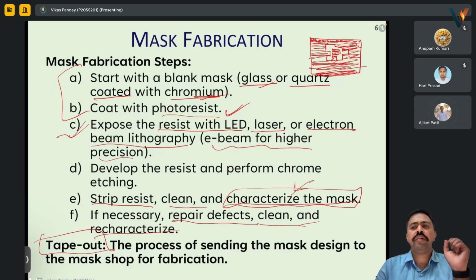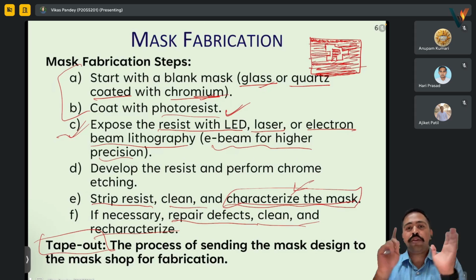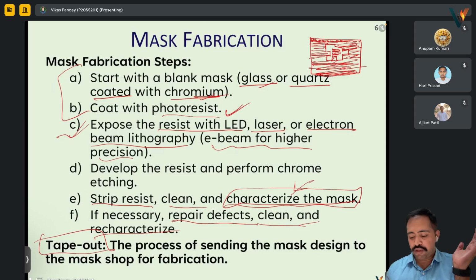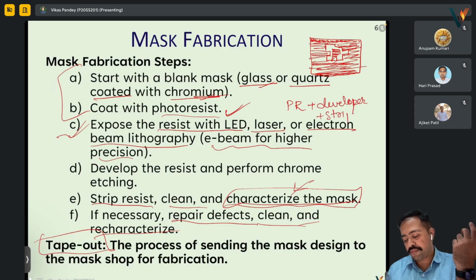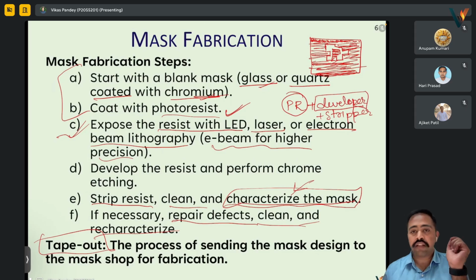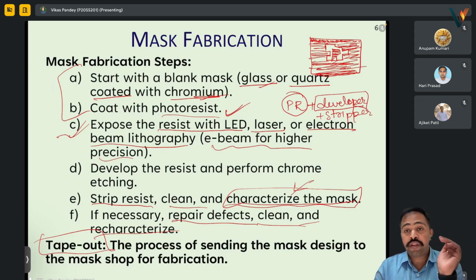Stripping the resist means removing the resist after everything is done. When we buy a photoresist, we must understand that a photoresist will always come in combination with two more liquids. We generally buy PR plus developer plus stripper. PR is our photoresist. Developer is the chemical that we use to develop, and stripper is the one, if we put that liquid on the PR,